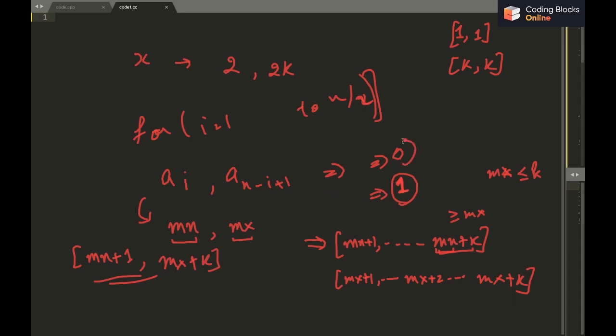It will be 0 replacements if the sum is already equal to x. It will be 1 replacement if x lies in this range. Else it will be 2 replacements. For the 2 replacements, what we can simply do is get any two numbers whose sum is x, let's say 1 and x minus 1, and give those numbers as replacements to these two numbers.